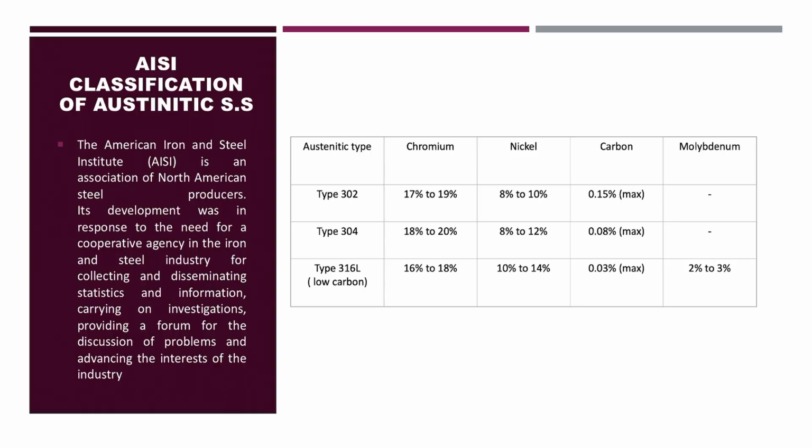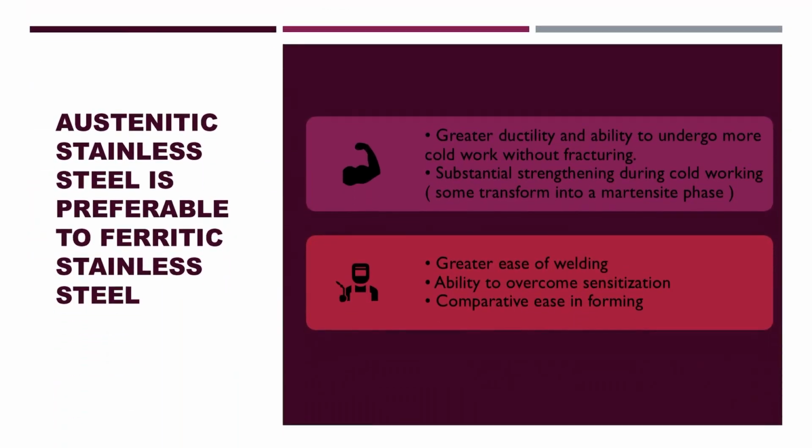Type 302 has chromium of 17 to 19%, nickel 8 to 10% and 0.15% carbon. Type 304 with 18 to 20% chromium, 8 to 20% nickel and 0.08% carbon. And type 316L, where L stands for low carbon. There is 16 to 18% chromium, 10 to 14% nickel and 0.03% carbon, along with 2 to 3% molybdenum. Austenitic stainless steel is preferable to ferritic stainless steel